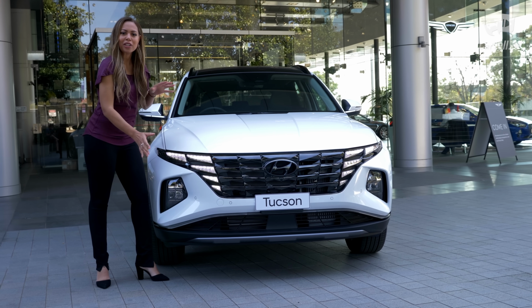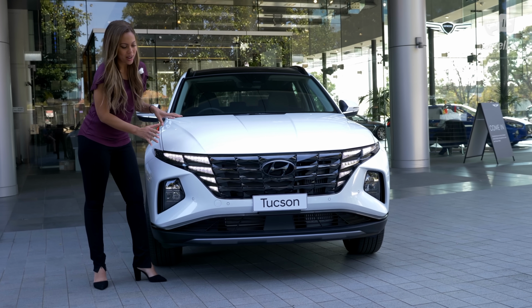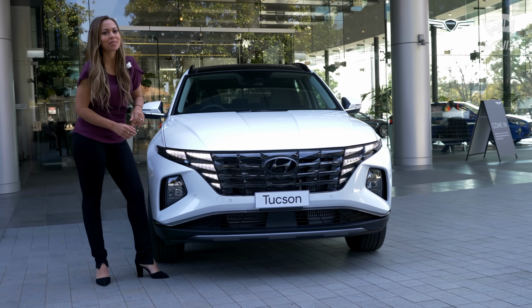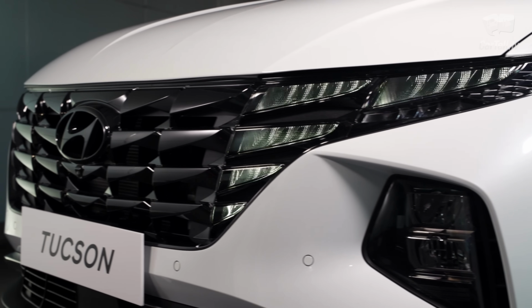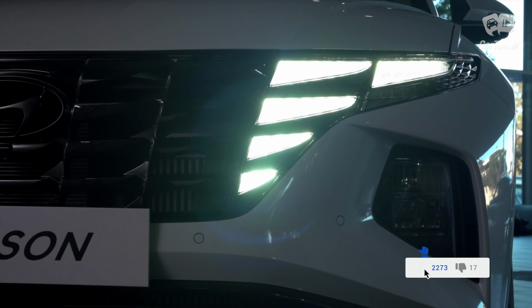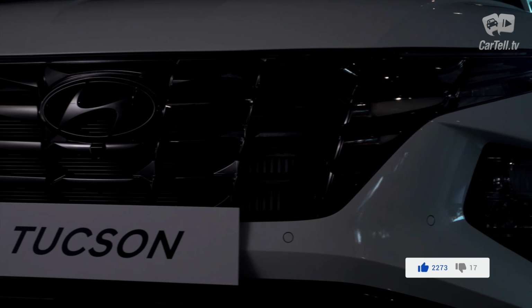Now, I've already mentioned how it incorporates the new design language, and the grille and headlights combo looks great, and they've cleverly added this upright illuminated section at the part where they overlap. The i30 sedan has a similar overlap solution, but the lower front section doesn't need a feature like this one. On an SUV, it narrows down the grille and gives it a less horizontal feel, which is good. What you will notice is that when you switch off the headlights, they kind of disappear, making it look like